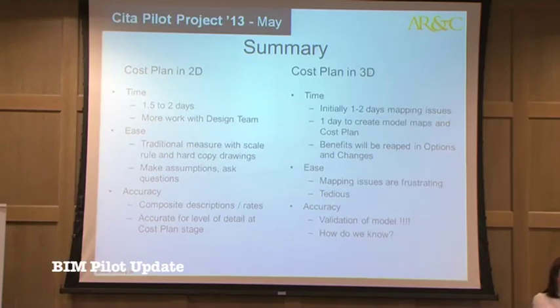So already we're seeing benefits there, and we're down on the 1.5 to 2 days. And again, when we do, say, another project with Bernard, we have all his maps, so there's a huge benefit. And the real benefit there is the third point, which is if we're doing options and changes, and that's already been discussed today, that if Bernard decides he wants to take out the horse, or if he wants to take out a part of the building, then we can do that quite easily, and it filters down, so we're not doing that piecemeal. In terms of ease, again, mapping issues were frustrating, and it was a little tedious,